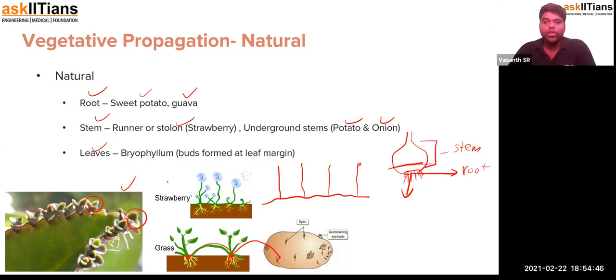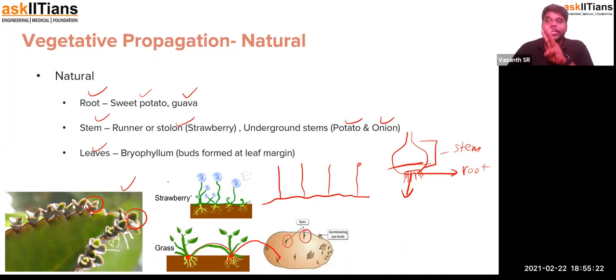Okay. So now when you talk about a potato, how does a potato actually propagate? This potato has some structures that look like an eye, called the eye of the potato. This has germinating tissue. So the nutritive material found in the potato will be used up, and this germinating eye bud will form the new shoot, and that will develop into a plant. You might be thinking, what is this? Because this is just a stem modified into the potato, right? So that is nothing but